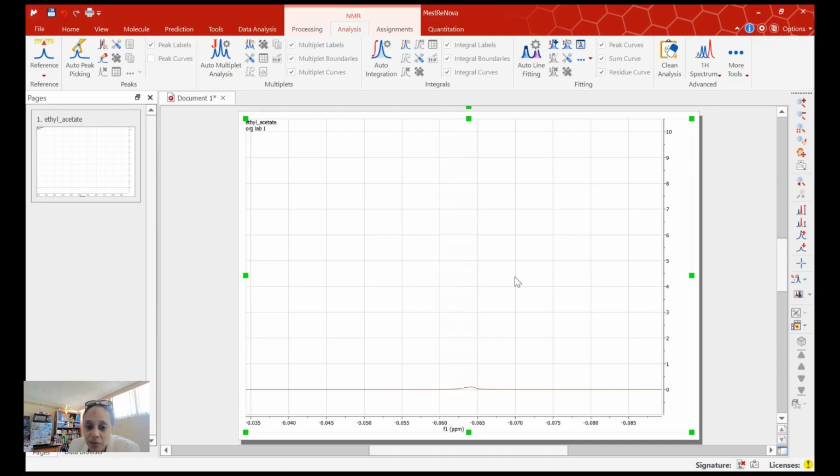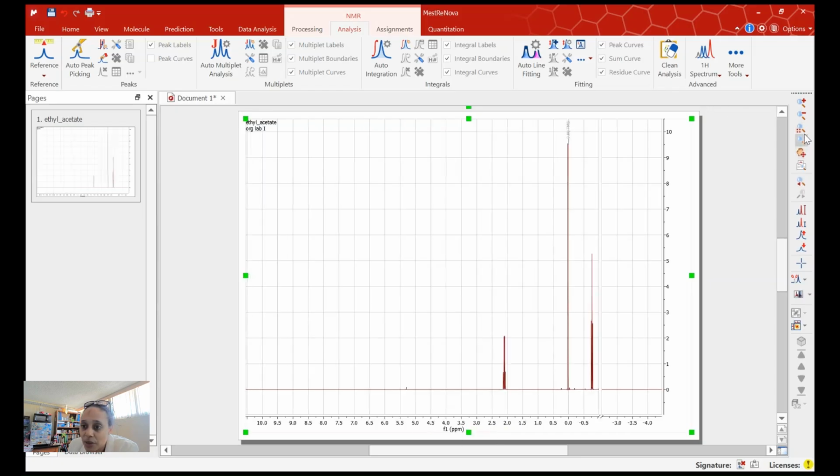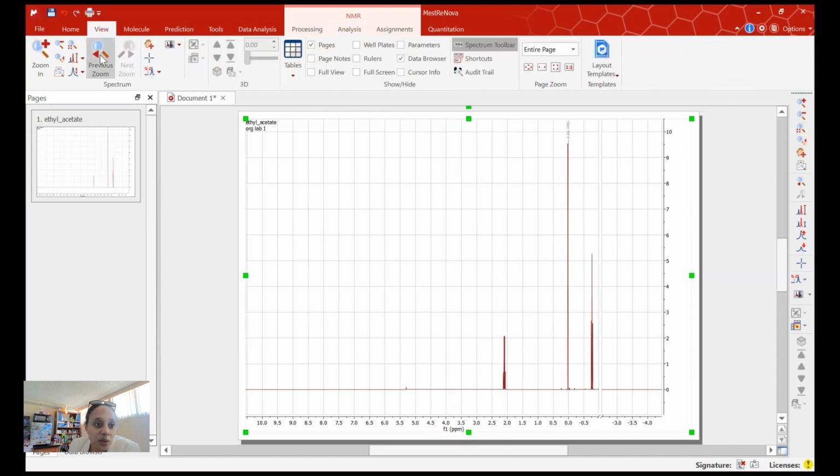So I know this is TMS. I'm going to look for TMS in my list. If I knew what number it should be, I could actually write it in, but I'm just going to use what's in here. And then I'm going to this little button right here, or if you go to view, it's the same button. This allows us to go to the full spectra. And so if I zoom back into